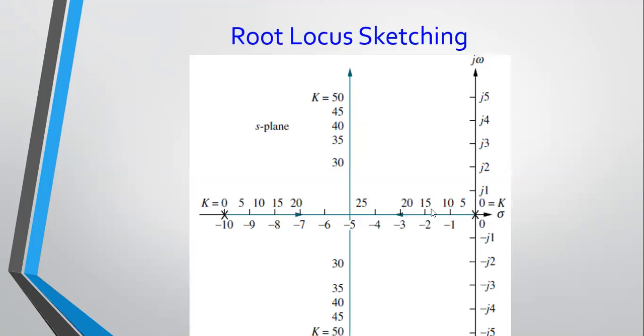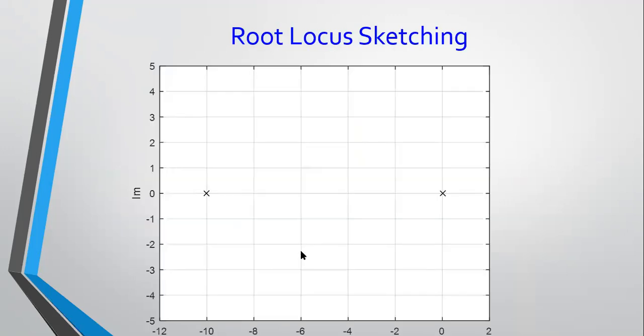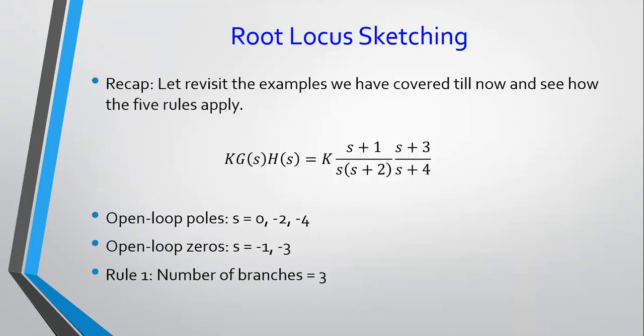If I just go back here, when you have 2 poles like this and they are joined together, they will have to break away at some point. Now if you have 2 zeros and the root locus has to go to these 2, they're going to break in. If I just take this example we had earlier, maybe back here,